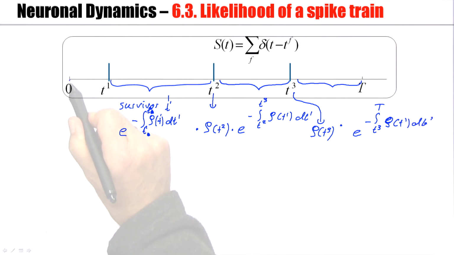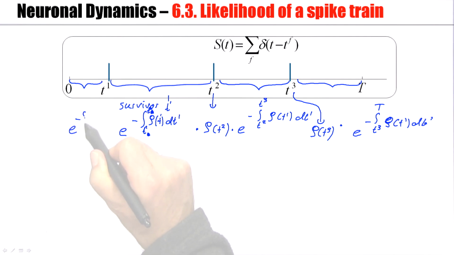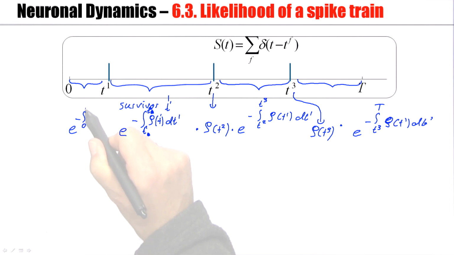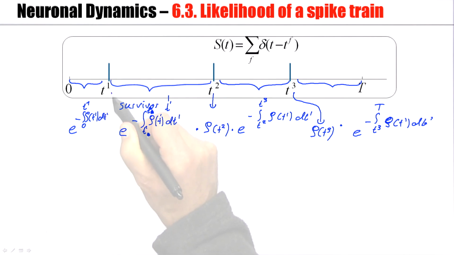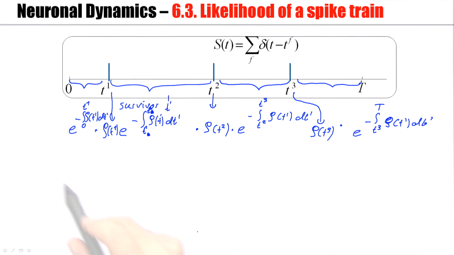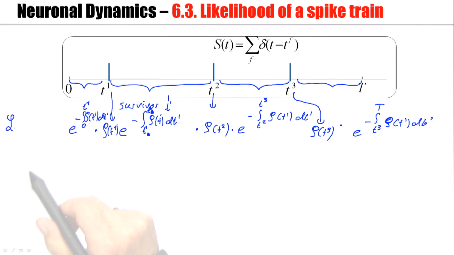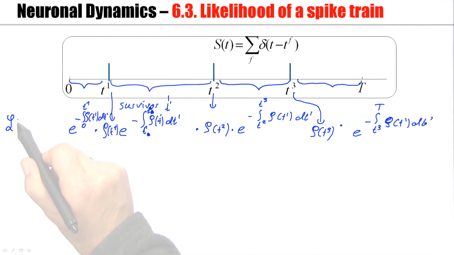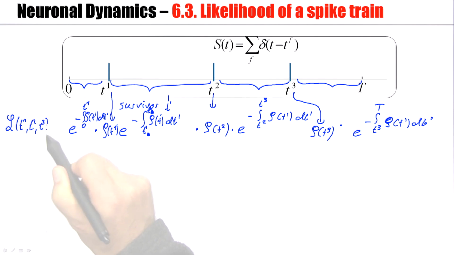And it also stays silent at the beginning. So I have e to the minus integral from 0 to t1 of rho of t prime dt prime. And it did fire at time t1. So the likelihood that within this period from 0 to T, we would observe just 3 spikes at times t1, t2, and t3